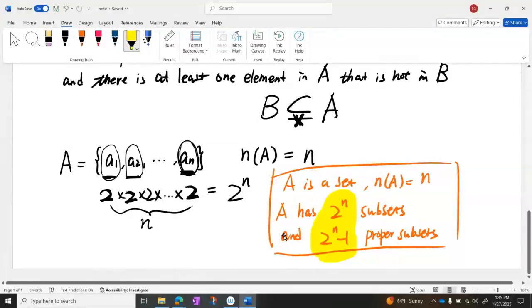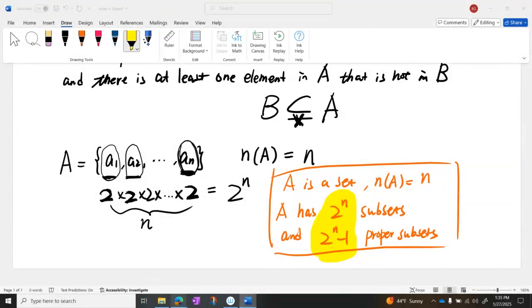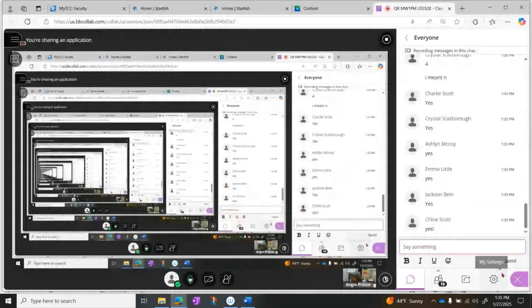2 to the power of n. That's the number of subsets. N here is the number of elements in the set, the cardinal number of the set. Okay, then let me ask you, if